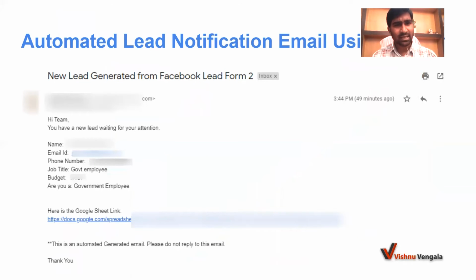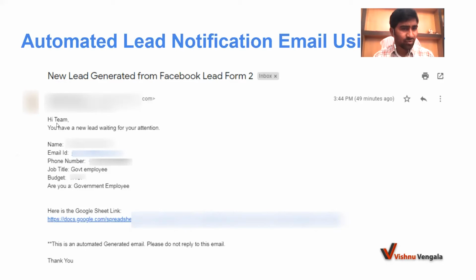So this is an automated email sent to your sales team whenever a lead is captured from Facebook in real time. Whenever a person X fills in their details, those details are captured and passed on using Zapier to your Google spreadsheet, and also to your salesperson's email ID.